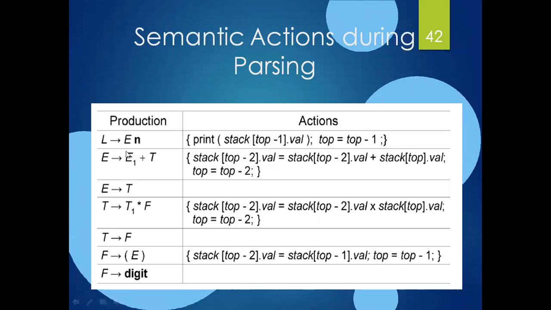Nothing special is there. Whatever right hand productions we are having, the right hand of the production body, we are just pushing all those symbols onto the stack and defining which one is in top, which one is in top minus 1, and which one is in top minus 2. Finally, we need an output for the starting symbol of the given grammar. So the actions are associated along with that. For the corresponding rules, every action is associated along with the implementation of the stack. Right? This is the concept of the syntax directed translation scheme, and with this representation it is completed.